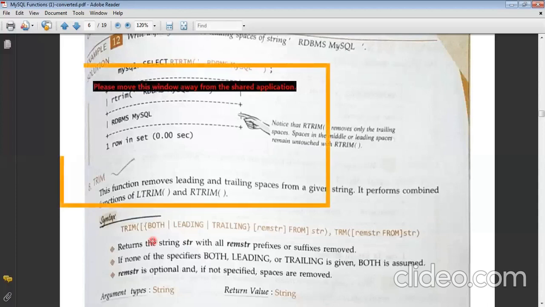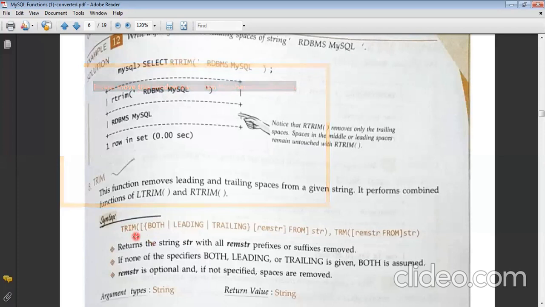Okay, so now trim function, the easiest way I have already told you that you can just specify the string and then you can figure it out. It will delete both your leading and trailing spaces. But in case you want some special characters to be removed from there, then there is a syntax for trim for that. So you can actually use your trim like this.